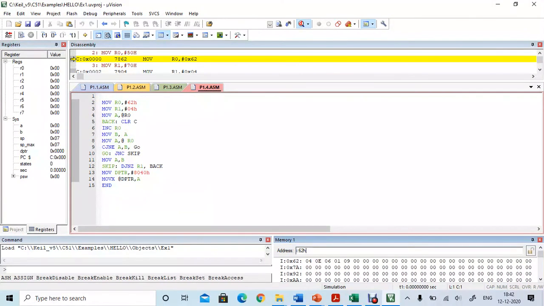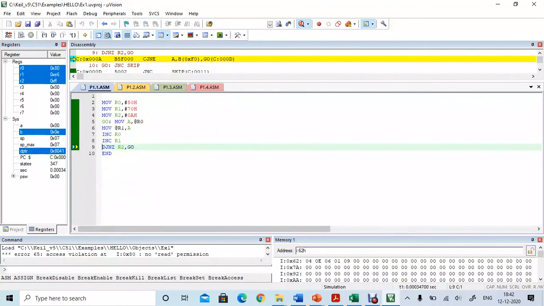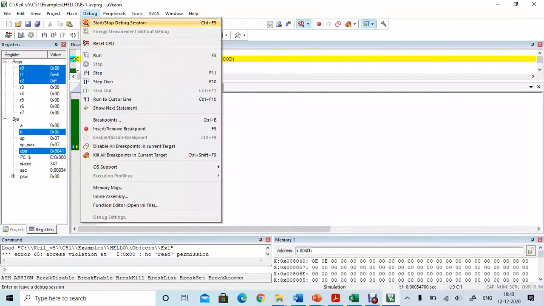Now click on debug and run. The largest number is 0E. We will check in the 8040 memory location what output we are getting. We are getting 0E, the largest number, in the 8040H location. Then click on debug, stop the debug session.